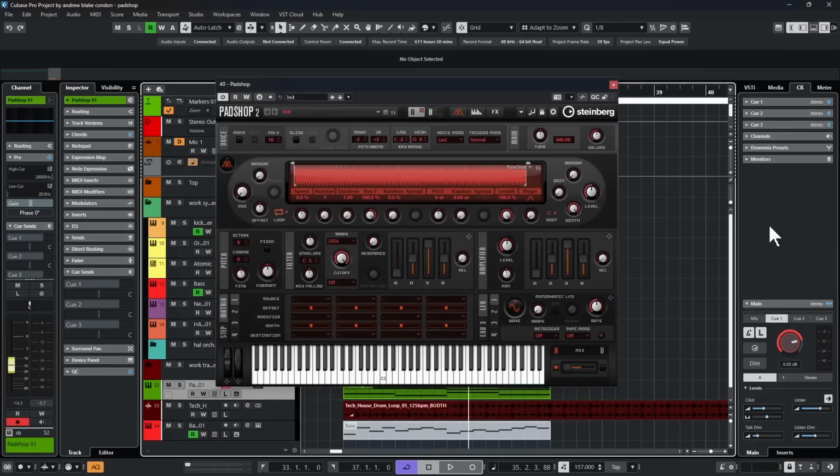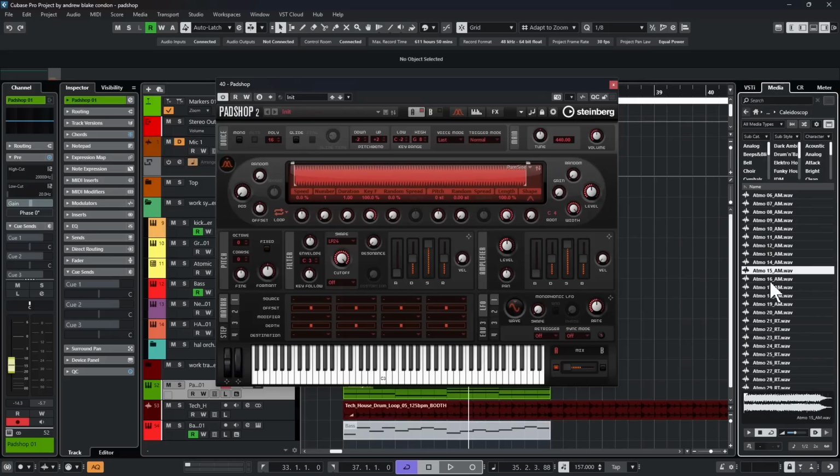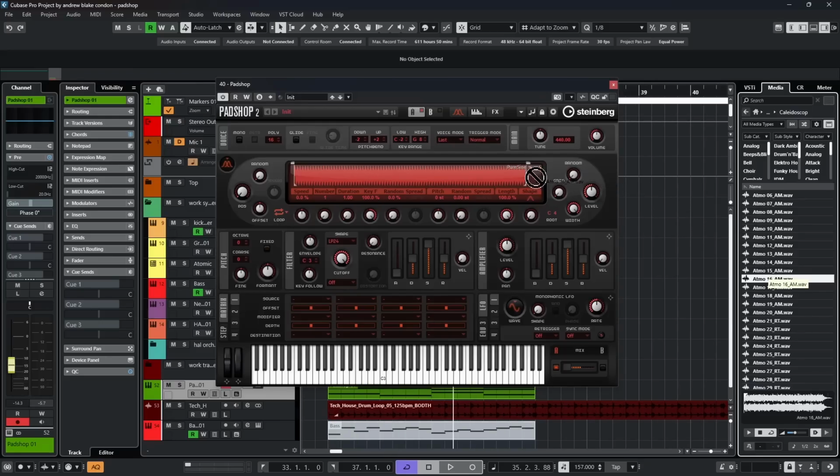Also, when you're ready to get really creative, you may want to start adding your own personal samples into the Padshop. You can pretty much drag them in from anywhere. If I go to the media bay, pick any sample. If I click on that and drag it over the waveform display on the Padshop, then it loads it onto the Padshop. I can click on the waveform wherever I want it to start. If I actually want to hear the sample, I want to turn this duration up all the way. But now when I play a key,